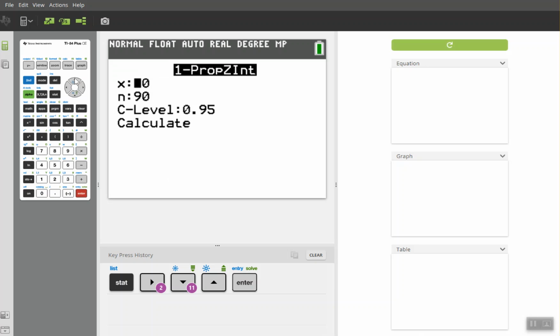I am going to be asked for how many of my observations were successes in a sense, and how many observations total were there. So maybe I have student test scores, and I'm recording what proportion of student scores were above a 70%. And I have 80 test scores that were above 70% out of the 90 total I have. Then I'd have an X value of an 80, an N value of 90,